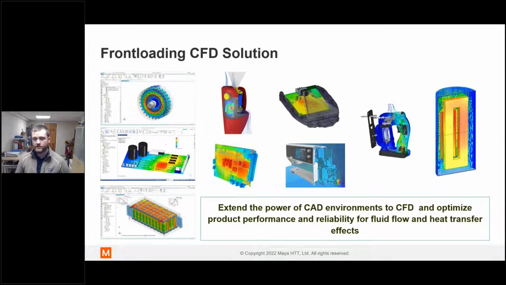FlowEFD is a general purpose tool which can be used on a wide range of flow and heat transfer problems, and even more than that, as we'll see on the next slide. It's been specifically developed for non-CFD specialists, so it's mainly for designers, but this tool can also be used by experienced analysts who want to get a whole bunch of preliminary work done quickly before taking it to a more traditional CFD tool like StarCCM.